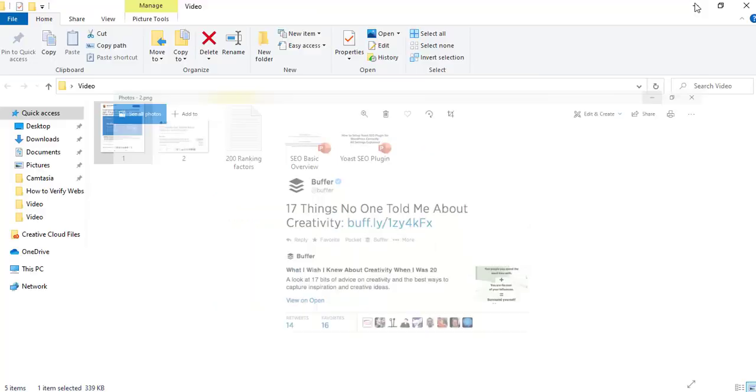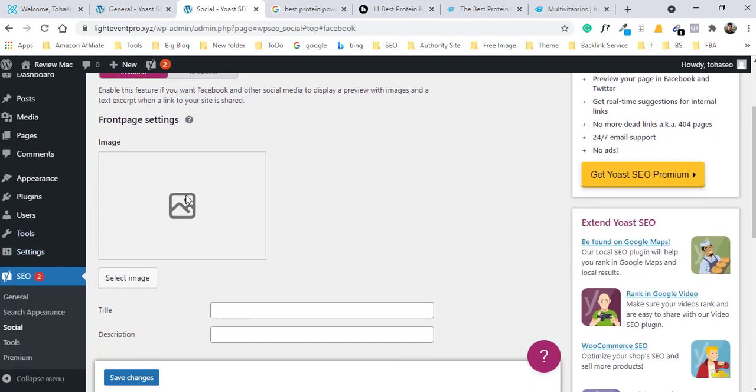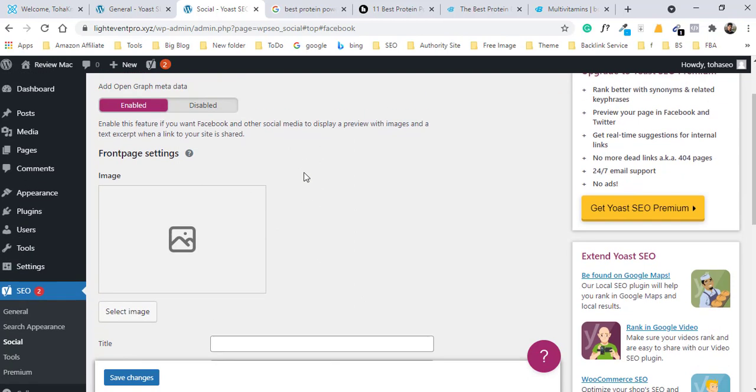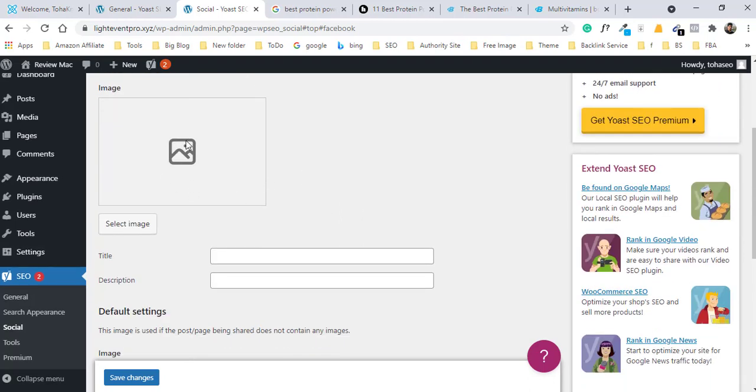So it's called Open Graph. You definitely need to enable it, and you can choose a default image. If you forget to add any featured image and someone shares the link, it automatically shows the default image.